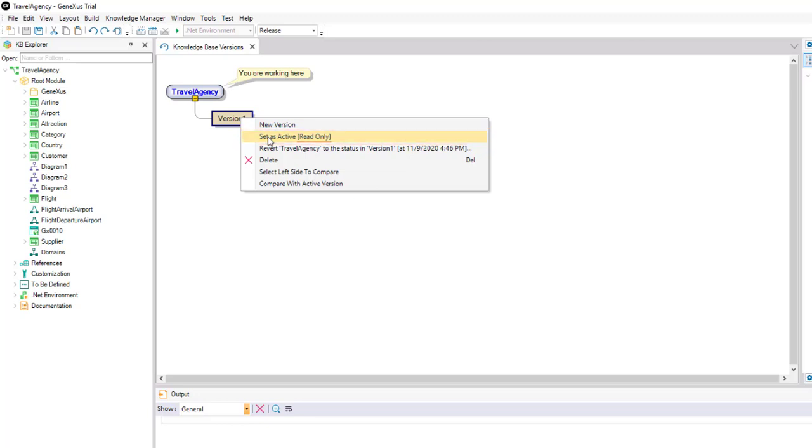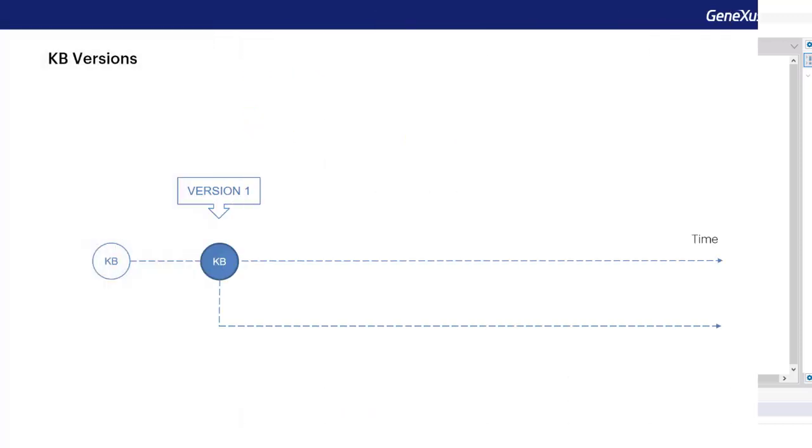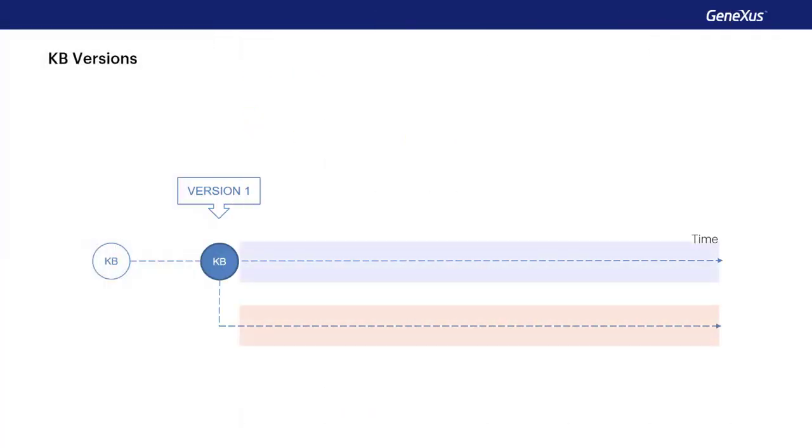Something else we might need is to have two editable versions in development without the changes to one version affecting the other version. This may be the case when, for example, we want to customize the system for a specific customer but don't want the changes to have any effects on the standard system, or when we want to include arrangements in a released version but don't want to mix those changes with the new functionalities that we continue to add for the following version of our system.